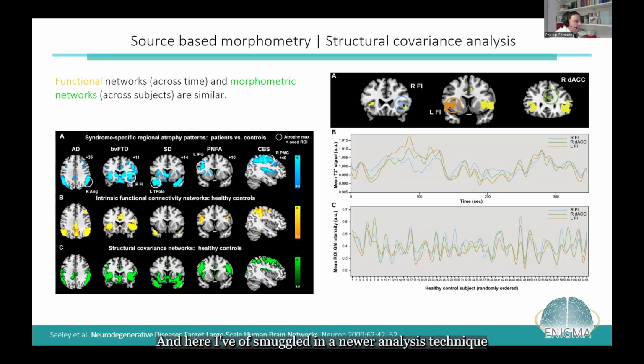And here I've kind of smuggled in a newer analysis technique that's also using more complex three-dimensional information, in this case, information from networks. This analysis is referred to as structural covariance analysis. It has been first used in a more prominent way in the work of Seeley et al., published 2009, where